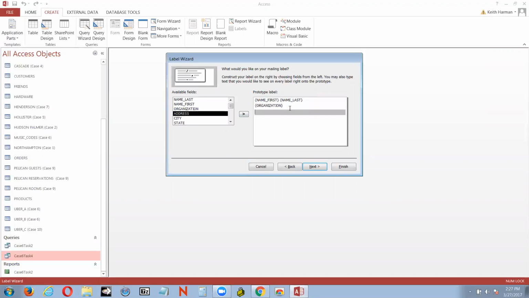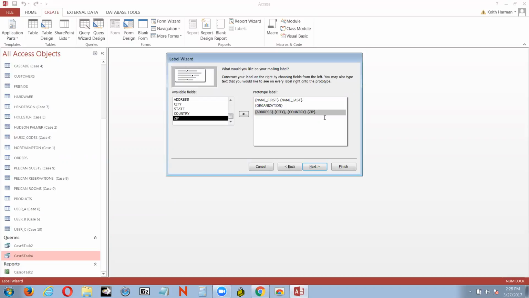And then we'll press enter, and we'll put the address. Okay, then a space, then the city, a comma, then a space. Country, we're going to add that, then a space, then the zip, and there we have their first name and their last name, the organization, and then the address, the street address, the city,